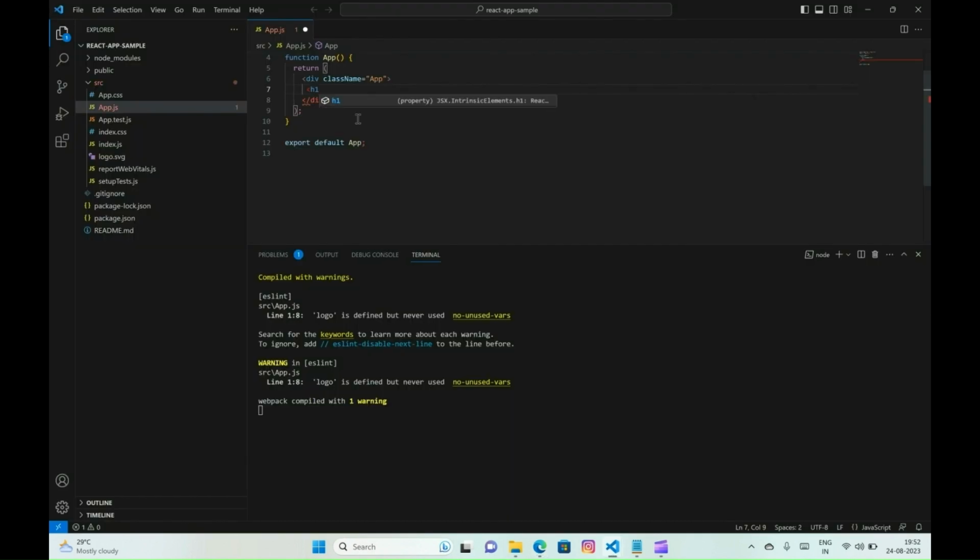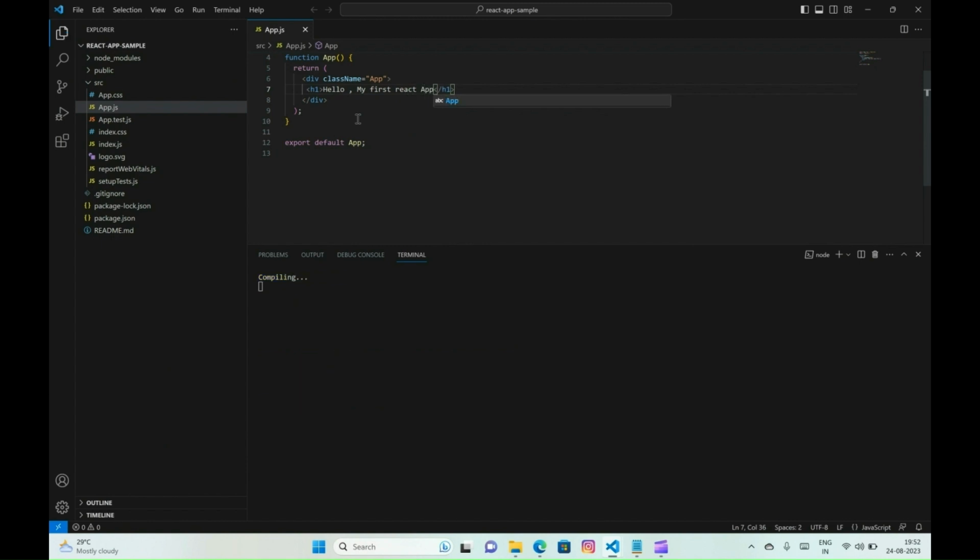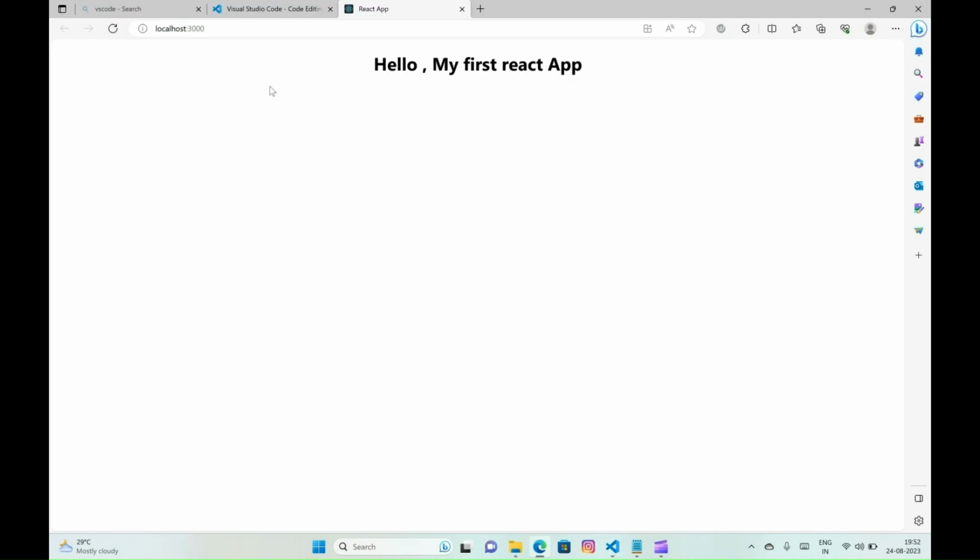Now, add one h1 element in App.js. Give some sample text in the h1 element and save it. Once you save it, it will automatically reflect on the browser. It will show the h1 heading we have added in